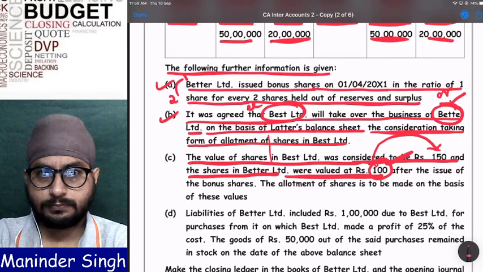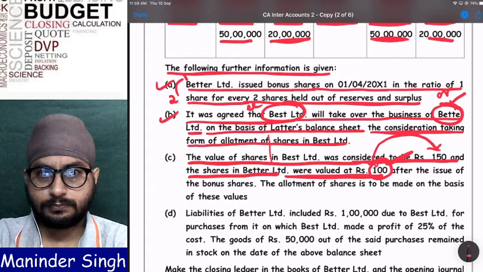In this problem, I will show the second method. What is the second method? I will keep the number of shares the same and change the value of the share. In that case, securities premium will come or not? Yes. So whichever method you find easy, you apply. Clear? Both methods are there for us as per AS 14.